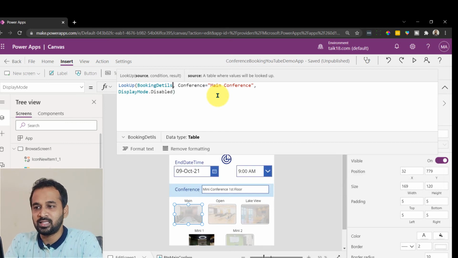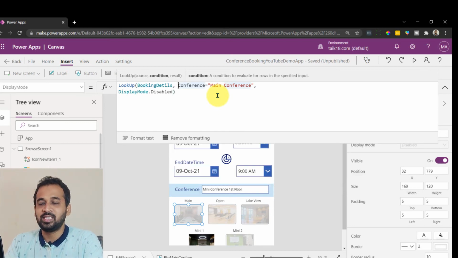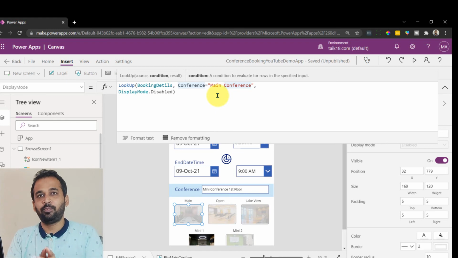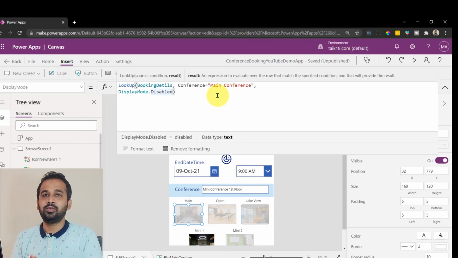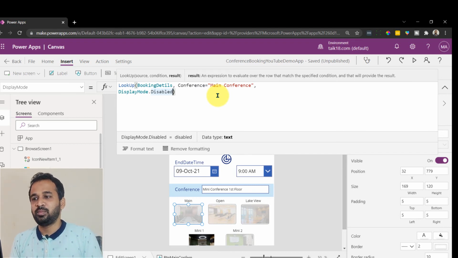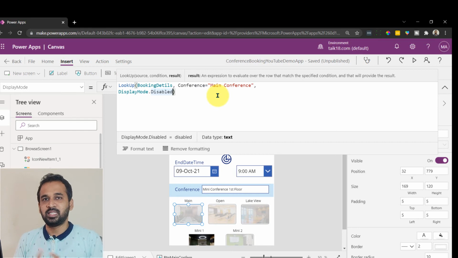So I added a collection here and the condition. Inside the collection we have multiple columns, right? So I used the conference column, and if the conference is the main conference, then the display mode should be disabled. So it will just look up the BookingDetails collection in the conference column. If the name main conference is already there, then it will be set as disabled, or else it will be set as enabled.